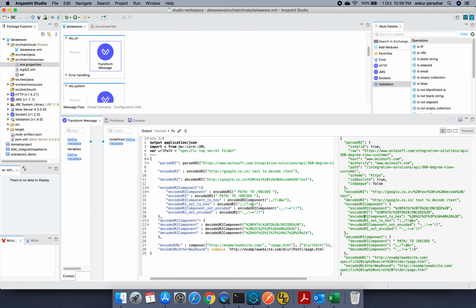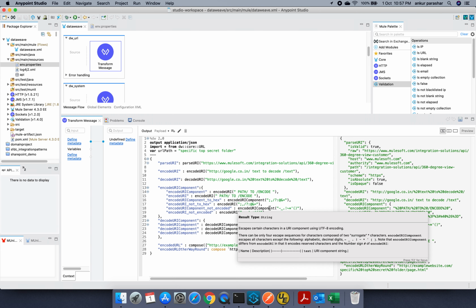The other one is toHex. That is what it will do. It will convert the special characters into the equivalent hex notation, so it is converting those into the URI format. This one is converting these particular special characters into the hexadecimal state, whereas this is the normal URI. If you compare both of these, in this it is a hexadecimal value of semicolon, comma, slash, question mark, all this stuff. It has been converted into hexadecimal, whereas this one is the plain URI.